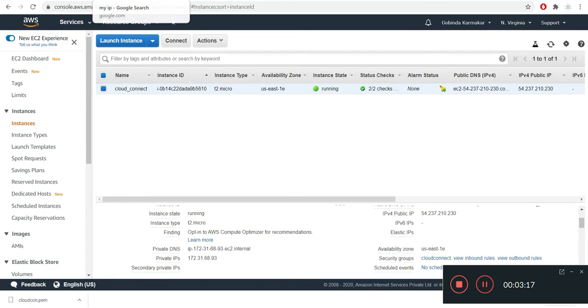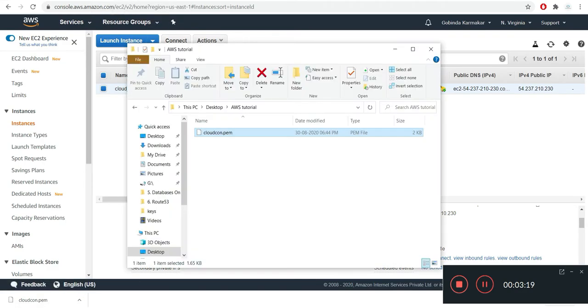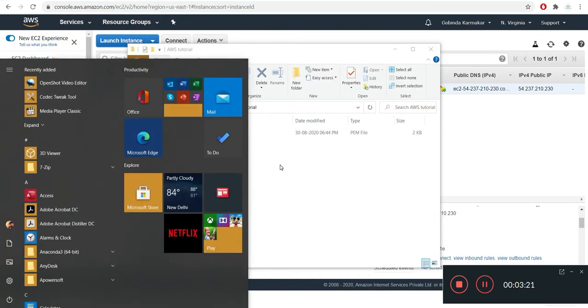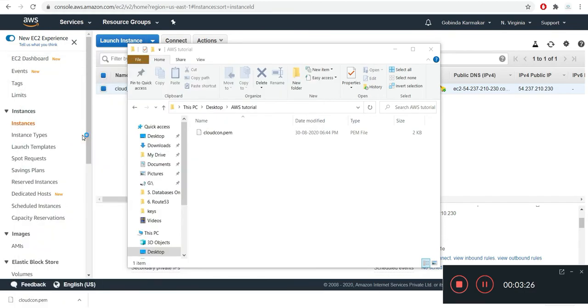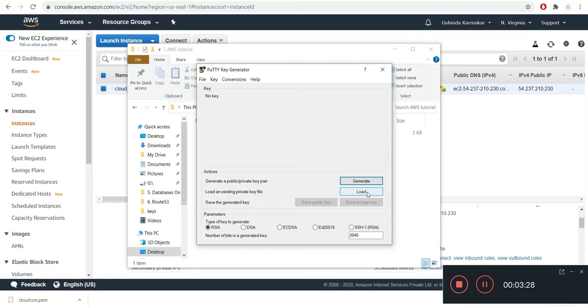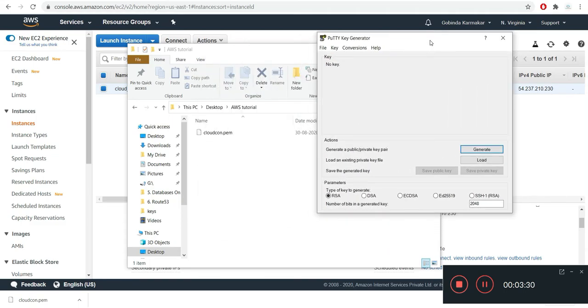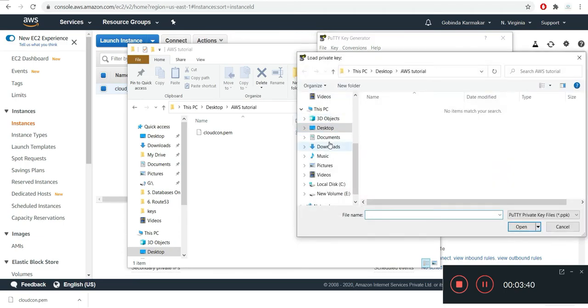Once downloaded, what you need to do is go to PuTTYgen at first. PuTTY works on PPK, not on PEM file. To do that, we need to save it as a private key. So we need to load it first. Load our PEM file. Our PEM file is in desktop AWS tutorial.